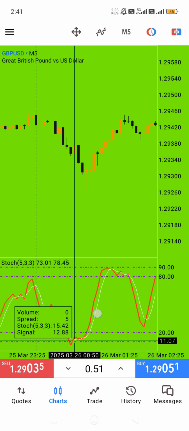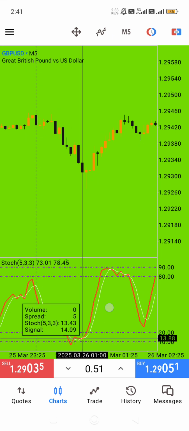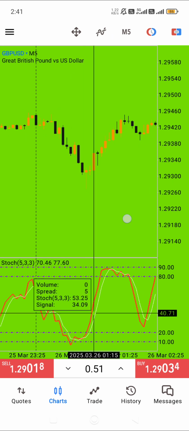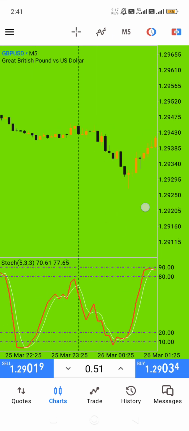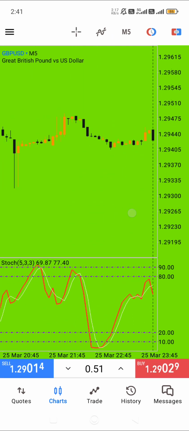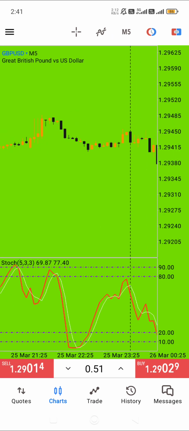But for long movement, check the long movement here also: 10 and 20 touch up and the market will go up. Okay, there is a lot of backtesting here, you can check this indicator plot. The setup is 5-3-3, or 14-3-3 you can do. 5-3-3 then 5 days. On the 5-day time frame, the setup is 10 20. This is the oversold position. 80 90 is the overbought position.